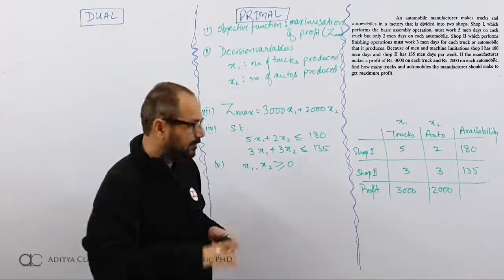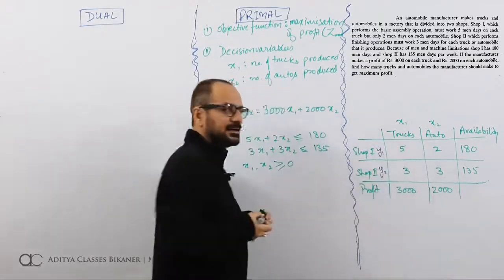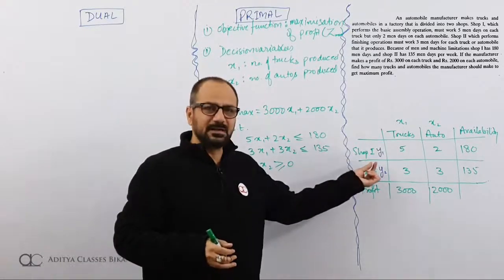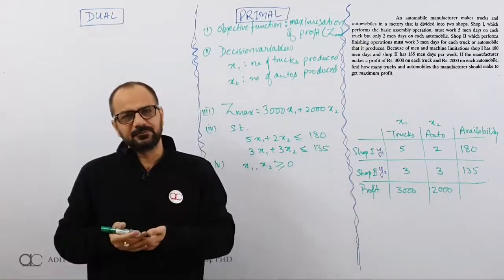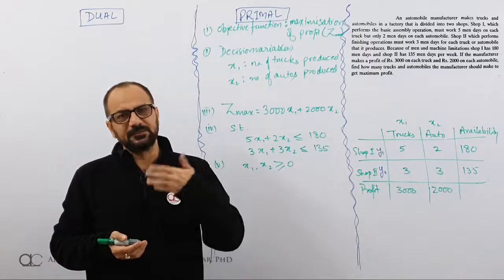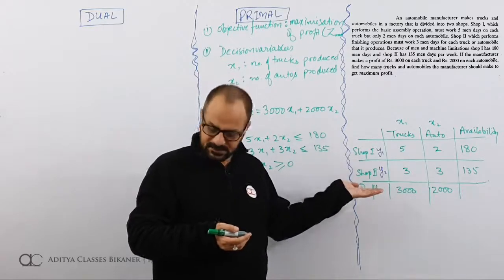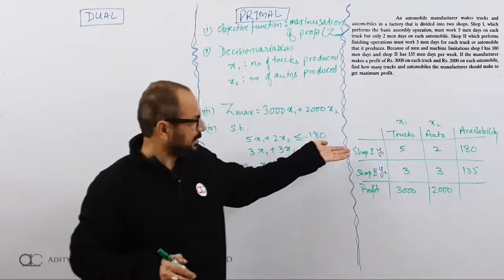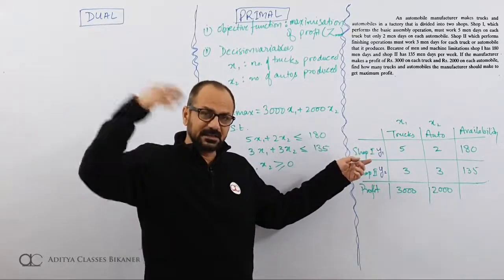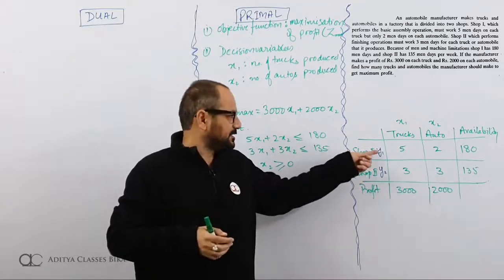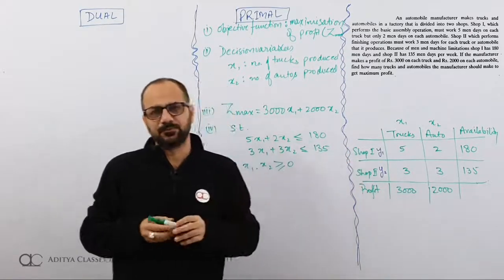If he is ready to invest, let us say he is ready to give me prices of Y1 and Y2. He is ready to give me Y1 rupees per Mende at shop 1, and Y2 rupees per Mende at shop 2. Obviously, both labor will be different. Both Mendes would cost me differently, because here they are involved in assembly, here they are involved in the finishing task. So their costs can be different. Suppose the amount that the investor is ready to invest is Y1 per Mende at shop 1, Y2 per Mende at shop 2.